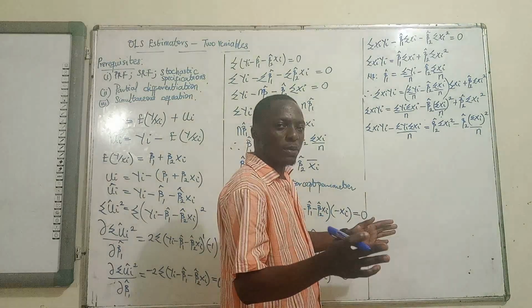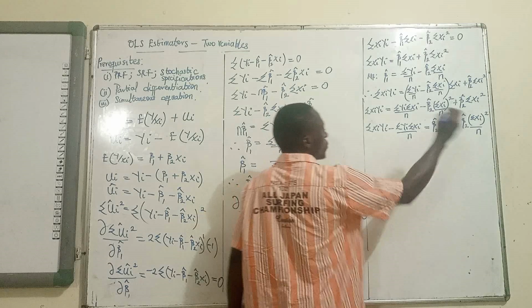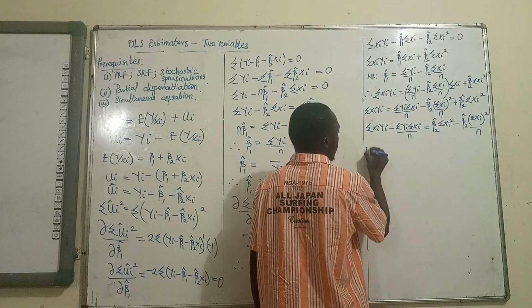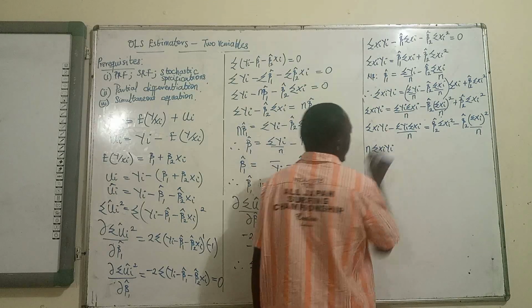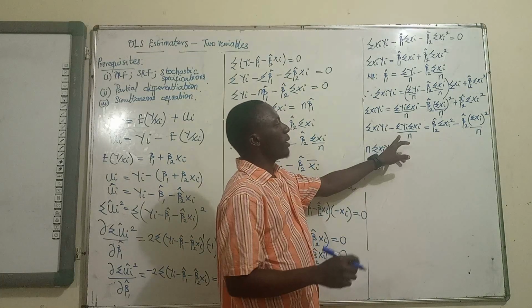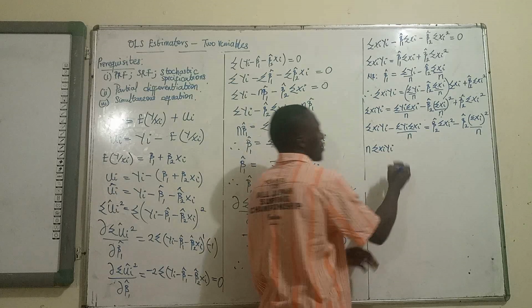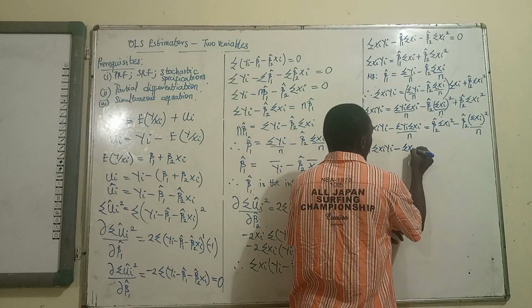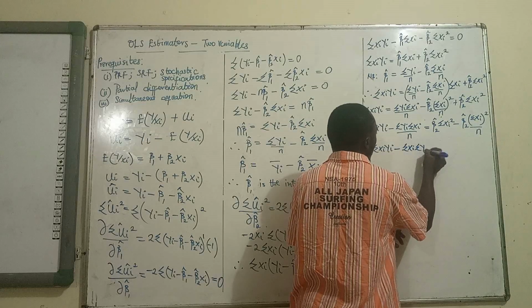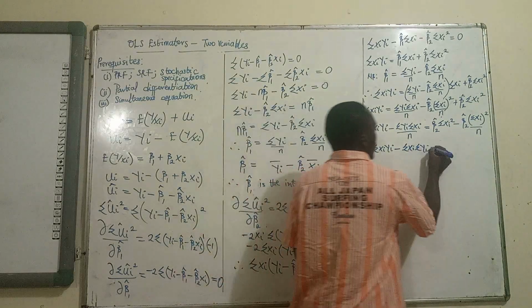So why not multiply through by n? When you multiply through by n, you have n summation xi yi. So you multiply this term by n, the n cancels out, and you have minus summation xi summation yi equals